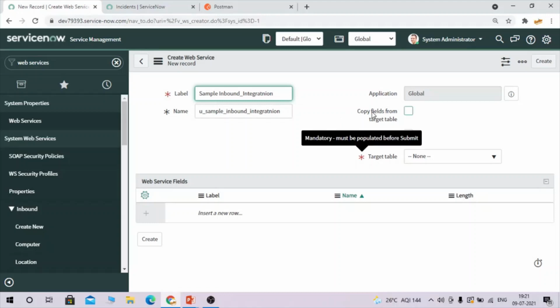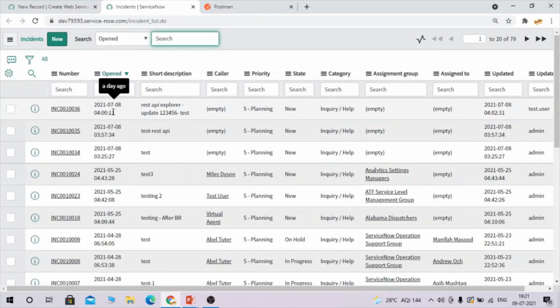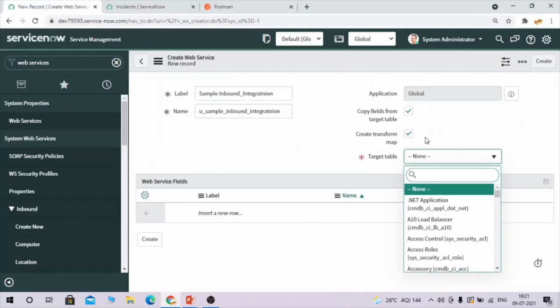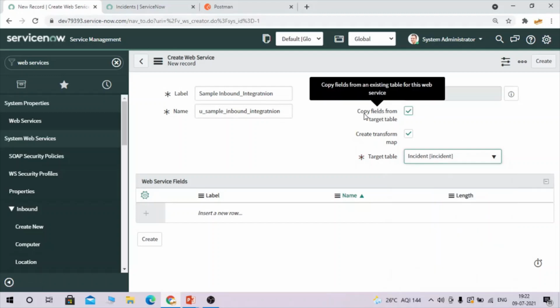You also have this option, copy fields from the target table. If you select the target table, for example incident here, you would be able to copy all the fields available in the incident table into the web service fields. So if I select incident, check copy fields from target table and click create, it copies all the fields available on the incident form for this web service.